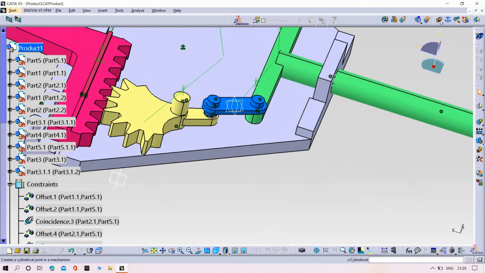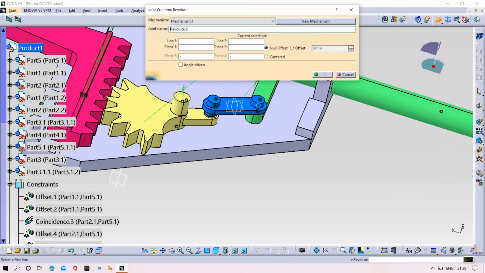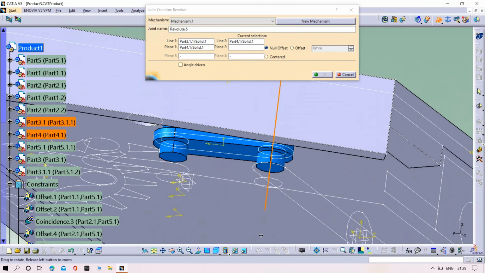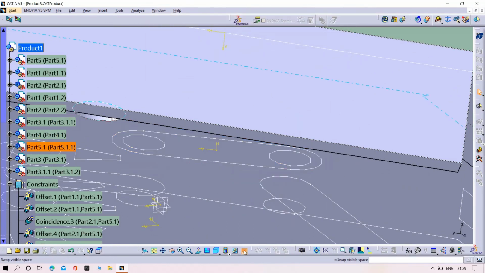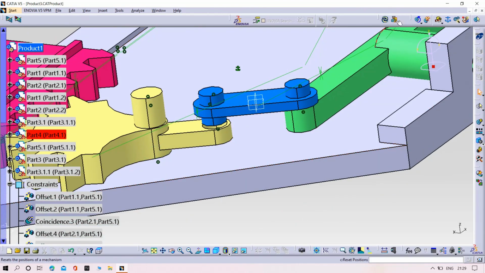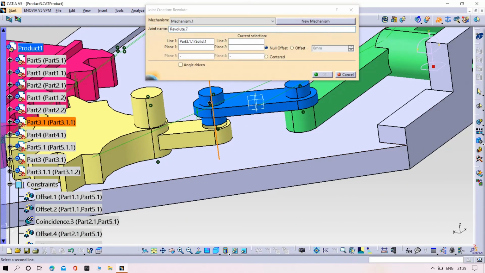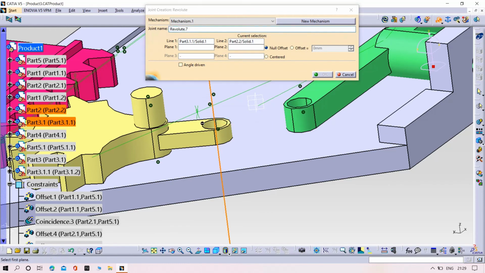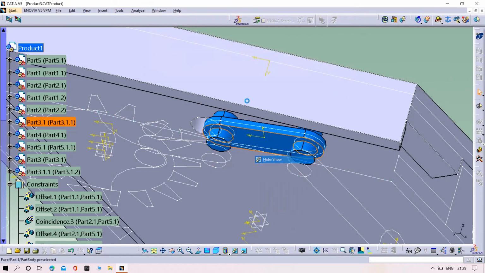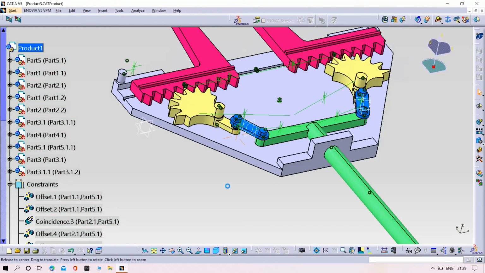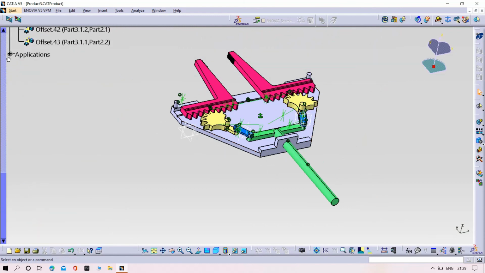Simply select the axes and surfaces which are in contact. Again revolute joint, and then surfaces offset, click OK, then try to hide and show, yeah, and go to the applications, mechanisms.